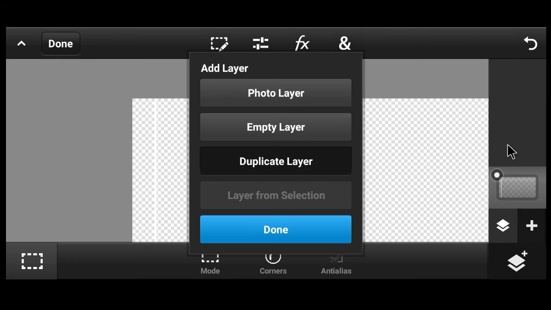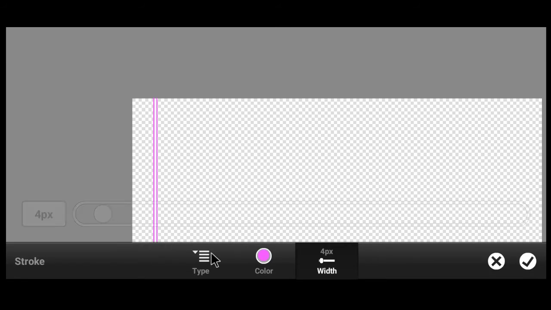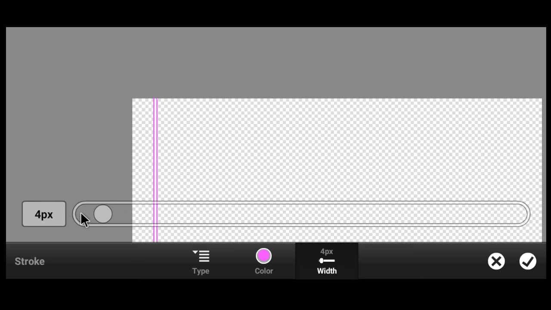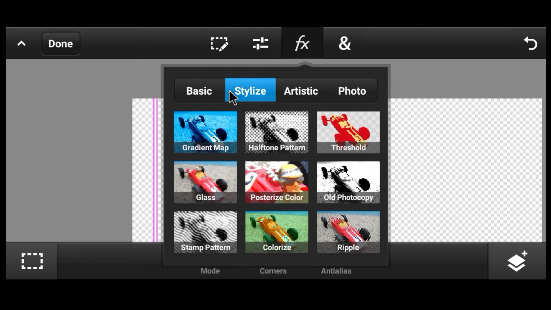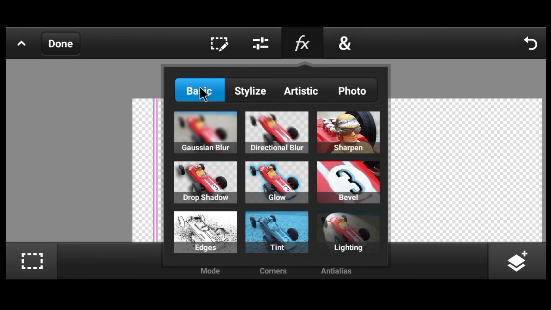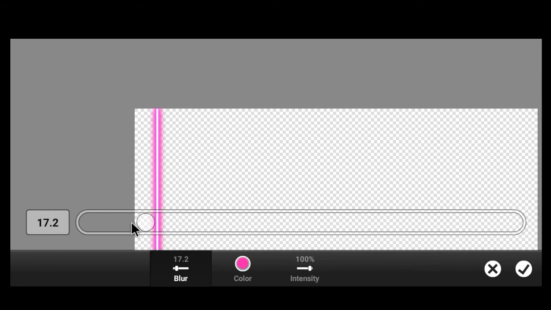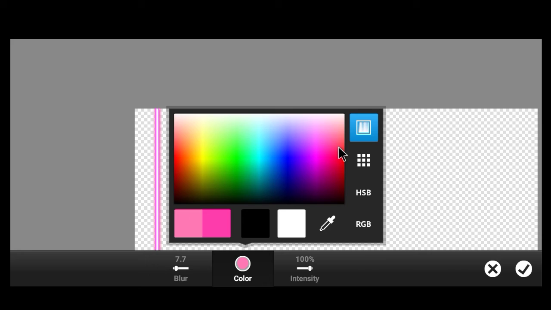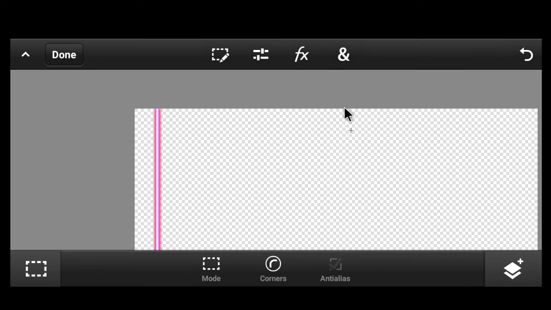Go to PSCC and duplicate these layers, select stroke type and click on OK. Go to effects option, basics, click on glow option, and I'll be using a darker version of pink right now.